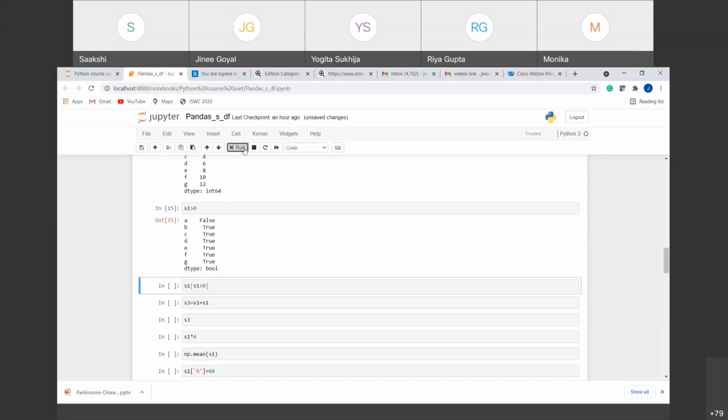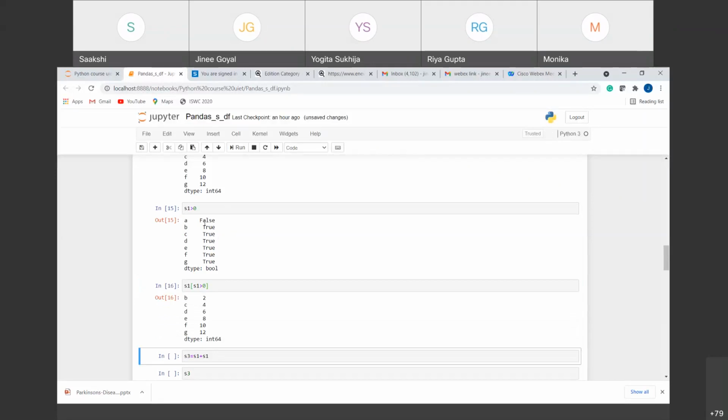So if I run this, you can see that the first has been left out and everything else has been printed. So it means that instead of giving manual indexes, we can also provide the conditions inside of the series instead of directly providing the indexes, right? So it will automatically get the indexes based on whatever conditions that you have provided, right?